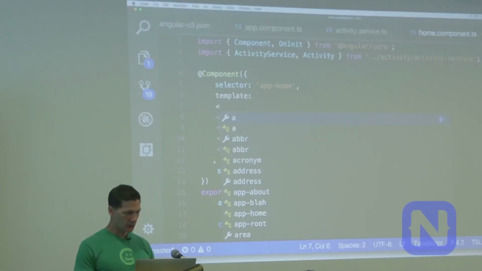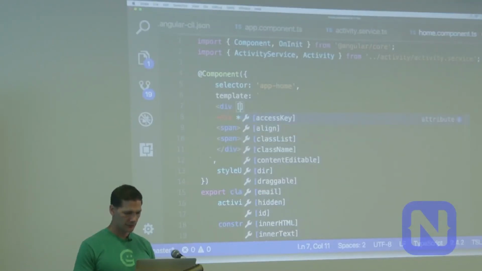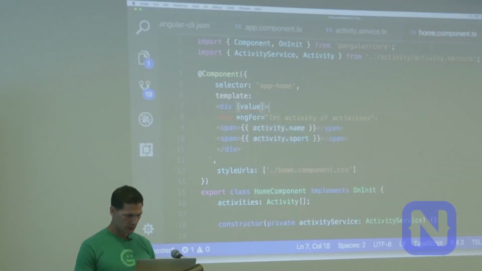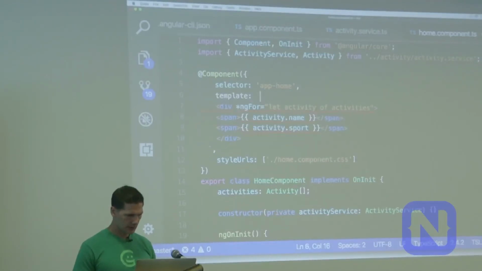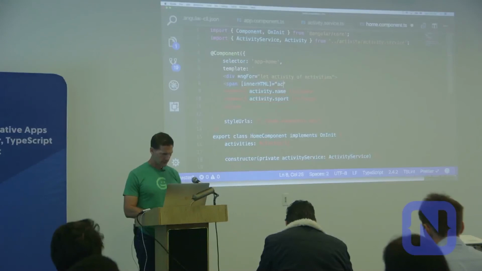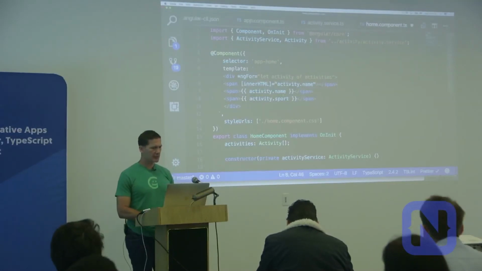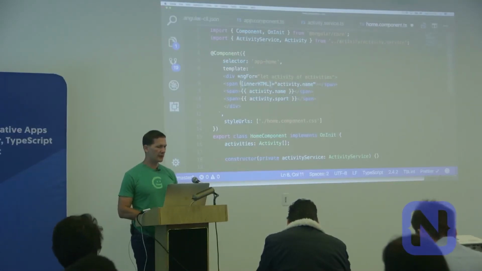bracket. So I did curly braces there, but if I instead did span, actually it's inner HTML equals, so what this is, the brackets, is a way of doing binding as well.